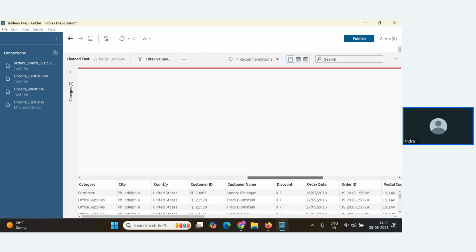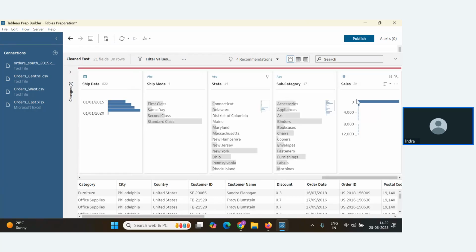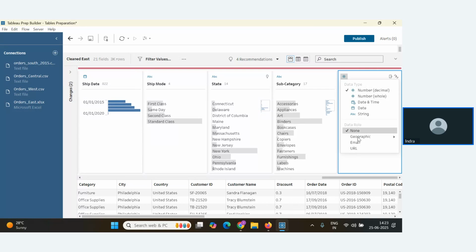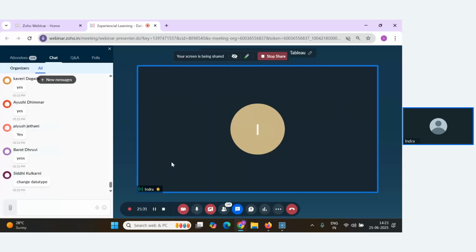Now let's say I want to change this data type from number to string. How can I do it? I'll click on this data type symbol, and I'll get a drop down. You can select string, date, date and time, anything. As of now it's number whole, and I want to keep number whole only. So it will be number whole data type. In this way, you can change the data type.